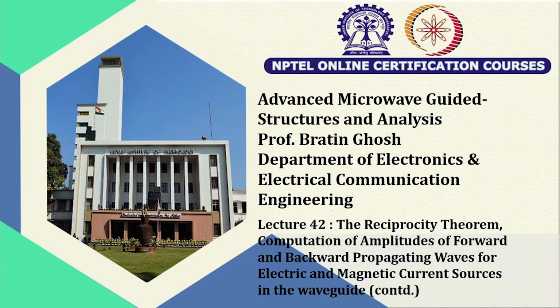Welcome to this session, which is a continuation of the application of the reciprocity theorem in the computation of the nth forward going and nth backward going wave amplitudes radiated by electric and magnetic current sources located inside a rectangular waveguide. In the previous lecture, we had considered the computation of the nth forward moving amplitude using the reciprocity theorem, radiated by an electric current source